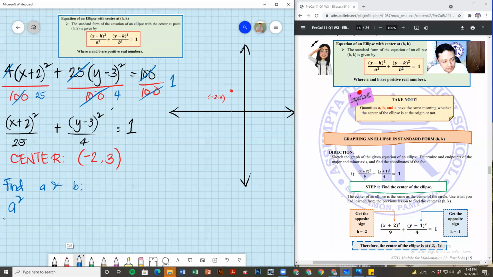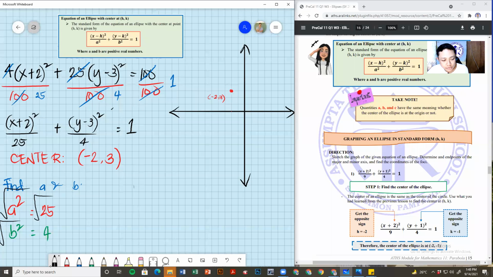For the a squared, always remember it's always the number below our (x minus h) squared, and that is 25. And then for our b, that's always the number below our (y minus k) squared, and that is 4. Getting the square root,